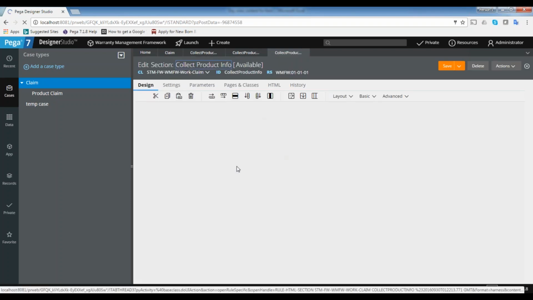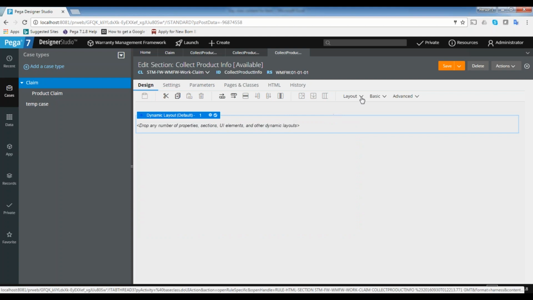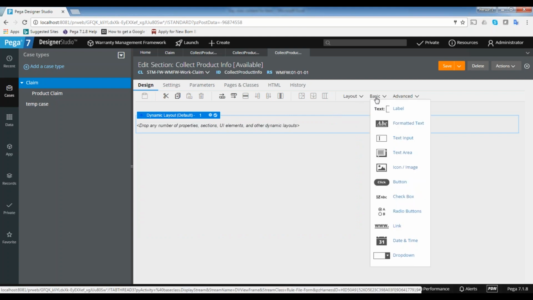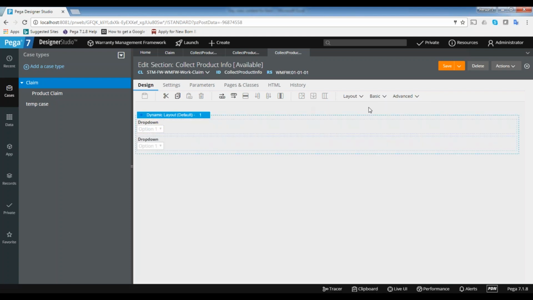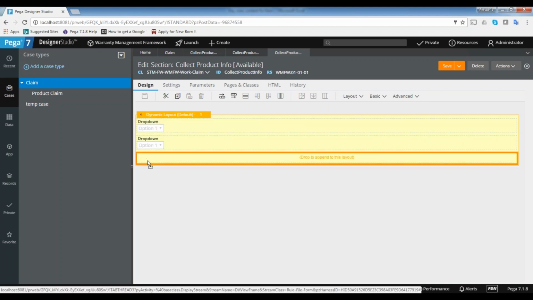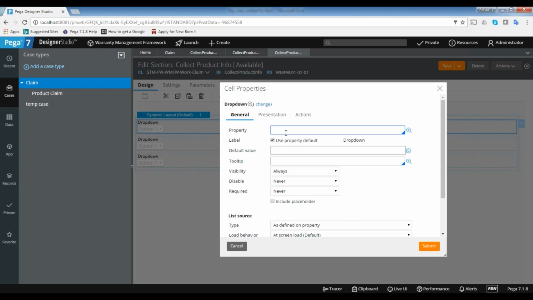The section is also there. I think we created it for some other purpose, so let's remove this. Now to display, let's say I want a drop down. First I need to drag the controls, drop down. I'm dragging 3 controls one by one. The first thing is parent category. I want to create one more property called parent category.